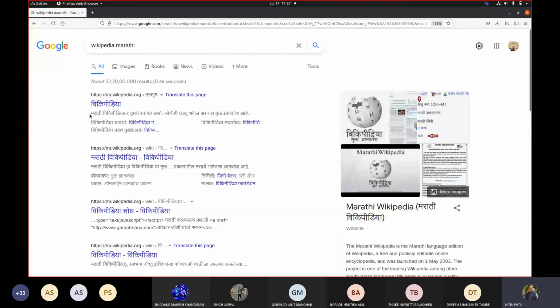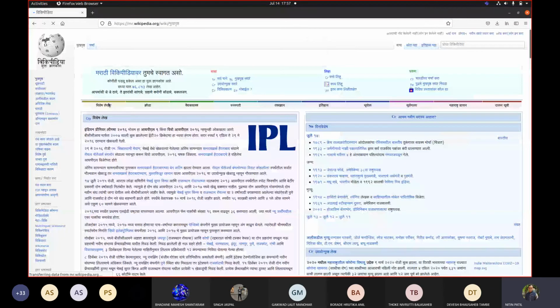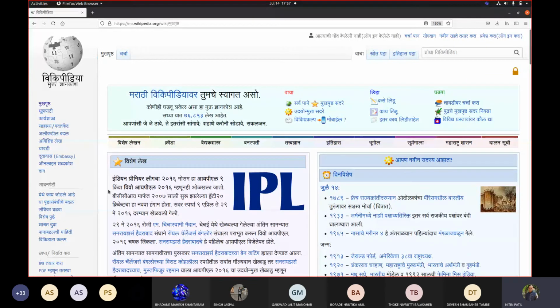Yeah. So suppose this is the text that is displayed that they want to communicate. Okay. So what they will do is, when they start reading each word, they will add a prefix called, for example, "ch". चम्मच होता है ना, चम्मच, उसका च. So च इंडियन, च प्रीमियर, च लीगचा, च 2016, च मौसम, चहा, च IPL. So every word would be prefixed by this ch.